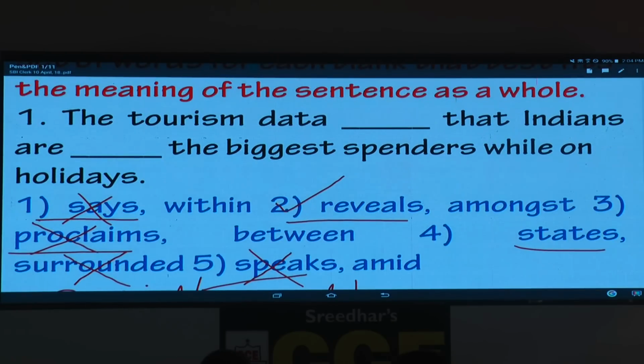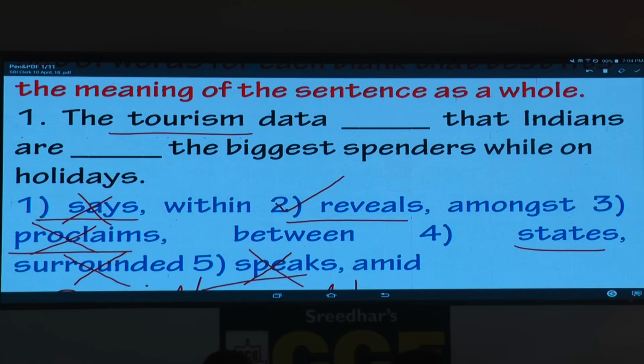This question you should ask yourself, please underline the word tourism. Tourism industry, there is a possibility to get it as a passage, and also in the descriptive paper they may ask you to write about the tourism industry, especially ecotourism. So you should ask yourself, do I have information about the tourism industry? How many of you can say yes? If you have to write an essay on tourism, ecotourism, health tourism, only 2 students.